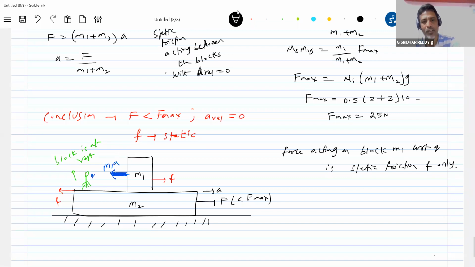So now we'll do one thing. I'll increase the applied force. If you increase the applied force, the acceleration will increase, and if the acceleration increases, the pseudo force will increase. If the pseudo force increases and the block is at rest, then definitely the friction should increase. So therefore this is static. Got the idea, no? So at least I'm giving enough proof for you, not just what is dumped in the book.